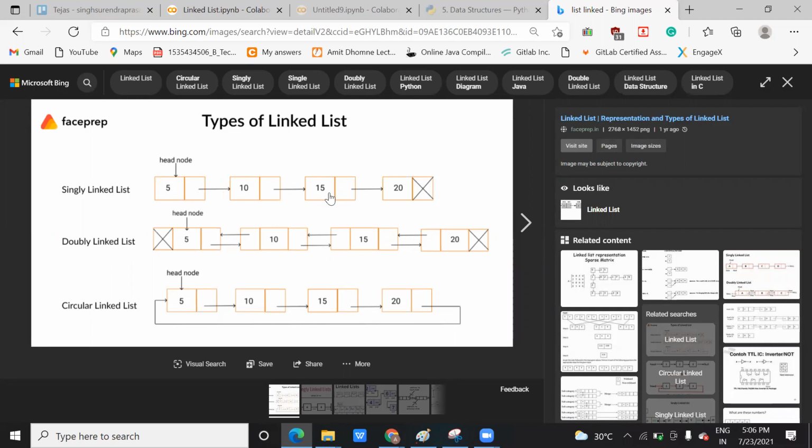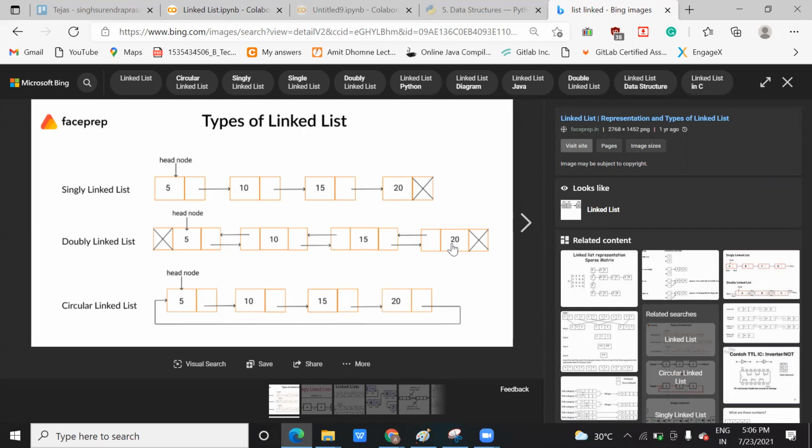What about a doubly linked list? In a doubly linked list you can refer in two ways, meaning you can go from left to right and similarly go back in the reverse direction, just like in a list. In a list the index starts from 0 till the end, and when you want to move in reverse we start from -1.